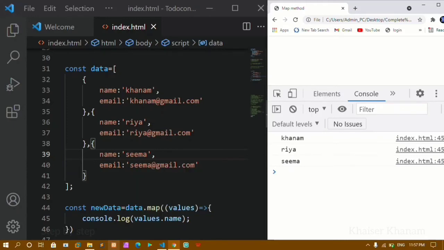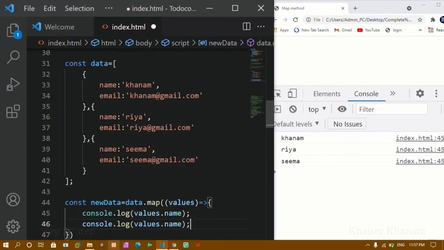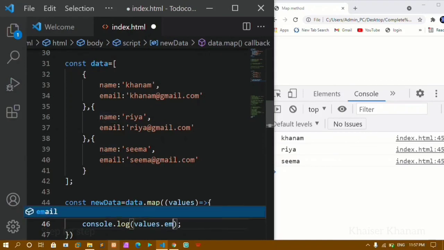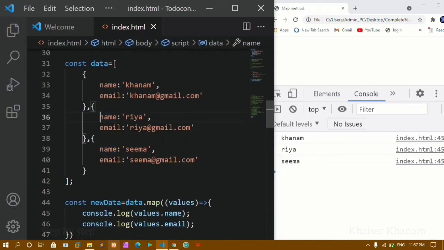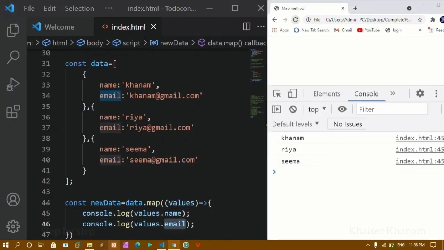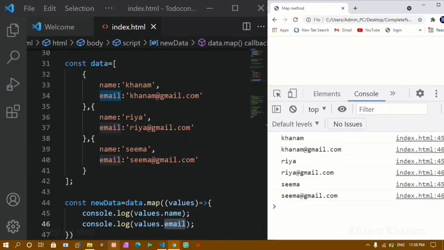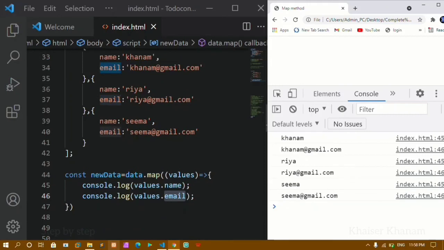If I want email, I'll just do console.log, and instead of name I'll write here email. Whatever name attribute, okay, this is key and this is value. Whatever key I am having, I am just writing that one. Okay, this values dot email. Now this values will be having all the data. So to access objects we have to write this dot, and this is my key. Now if I refresh this one, you can see I'll be having Khanam and also email, Ria and Ria email, and Seema, Seema email. Okay, this is how we are going to